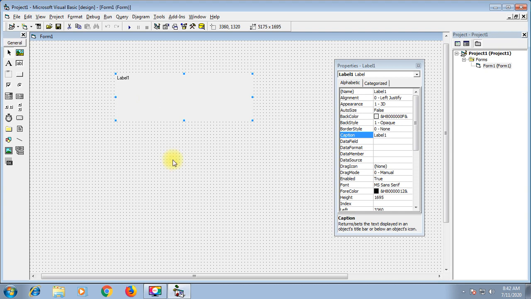Here there is no question of row and column, because as it is a GUI, wherever you want to move the control, you can move it. So there is no issue related to row and column. Wherever you want to keep it, you can keep it.